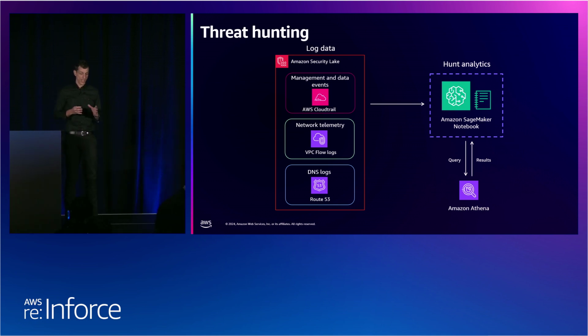These notebooks can then be shared throughout your teams and iterated upon over time, and as new analytics or techniques come into scope. SageMaker Notebooks are additionally an ideal choice for fostering the incorporation of machine learning into your threat hunting activities. As your teams and technical capabilities grow, they're going to be able to start leveraging machine learning capabilities within their notebooks to perform what was manual detection work. They're now going to be able to automate it. You can provide these investigative environments to your analysts too in a way that separates your analyst from your security lake.